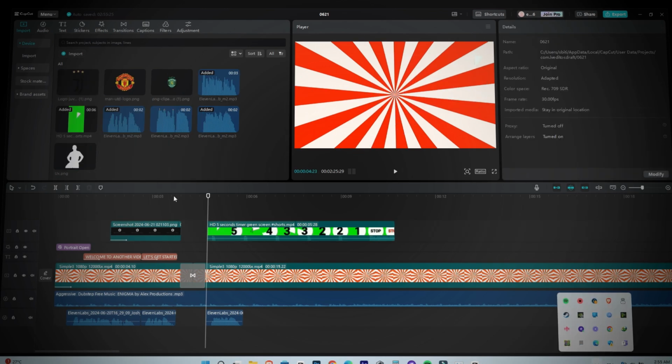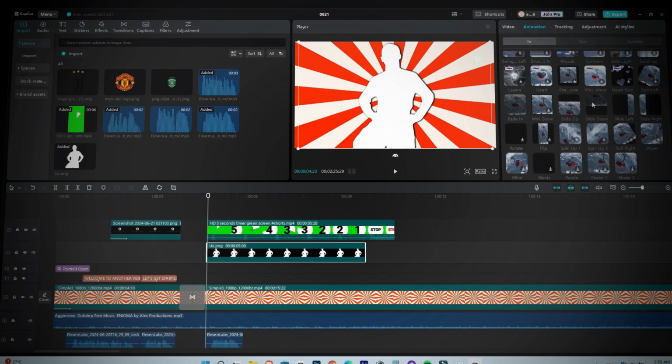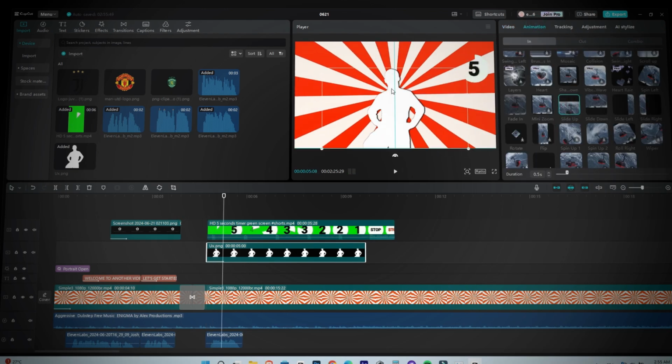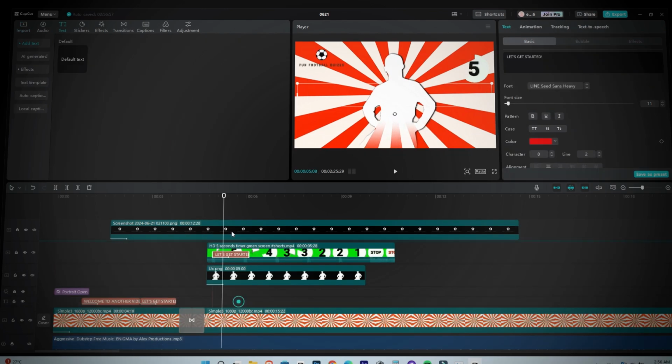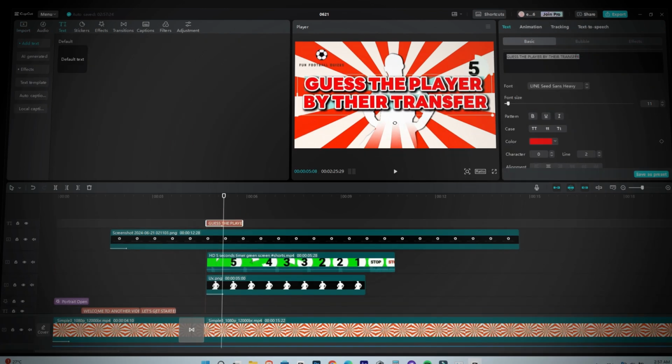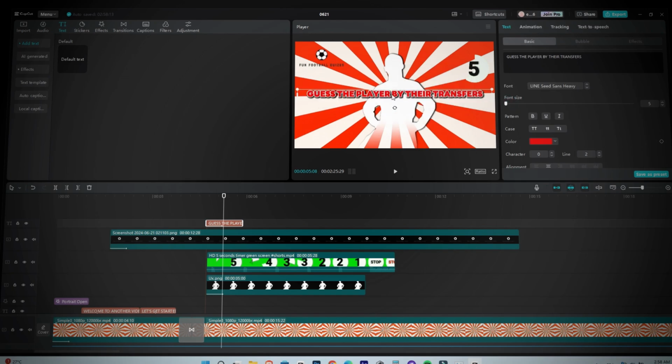Add the player silhouette and select the slide-up animation from the animation panel. Scale it down, position it properly, click on Mask, pick the horizontal mask, position the mask where you want, and increase the feather. Paste the text layer, change the text to "Guess the player by their transfer," and position it